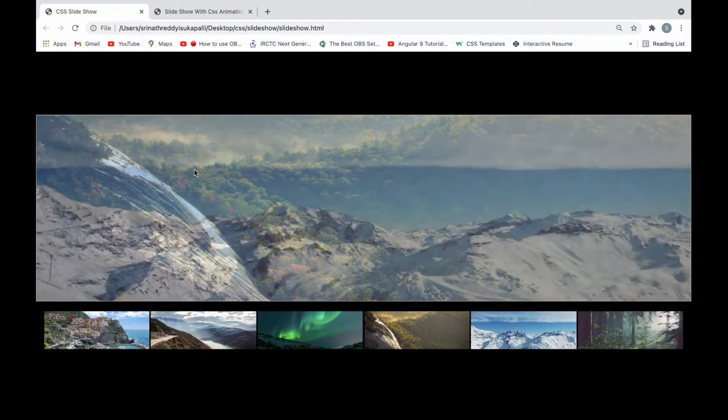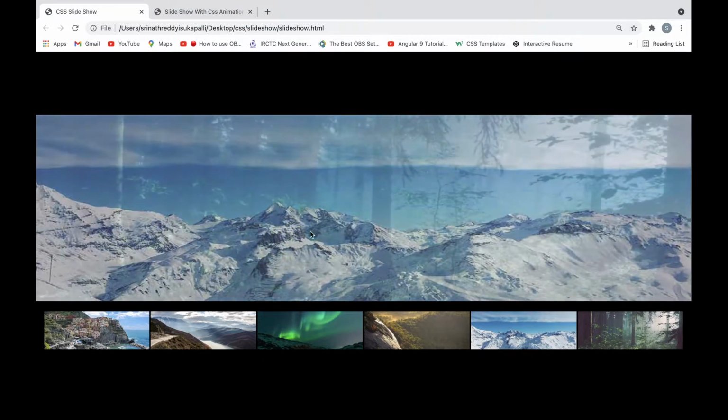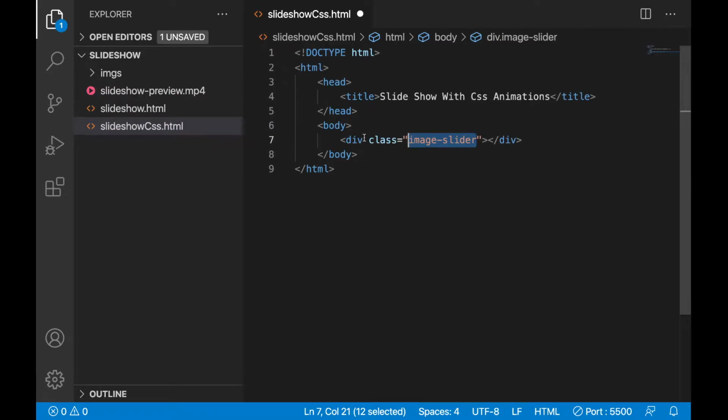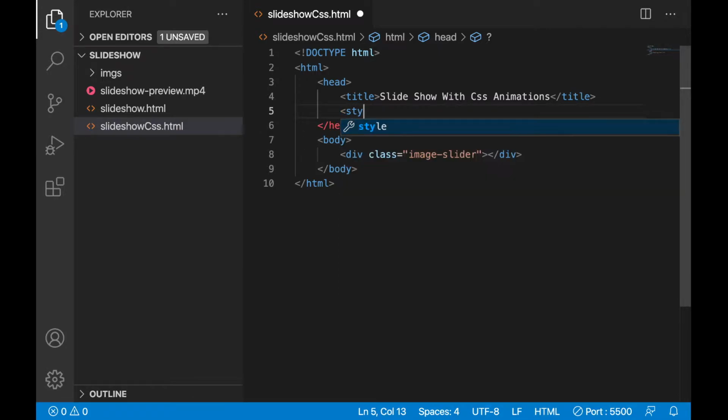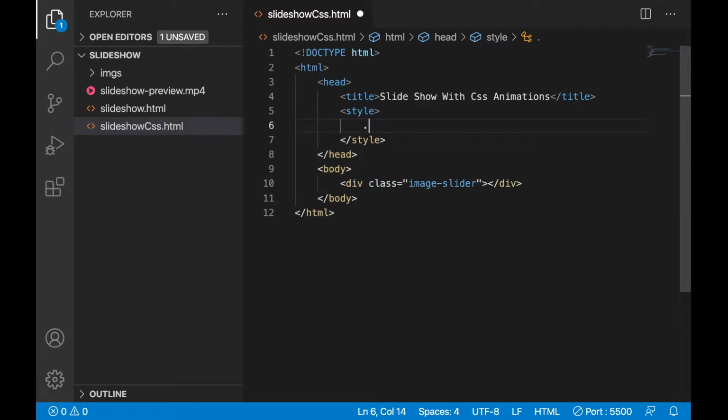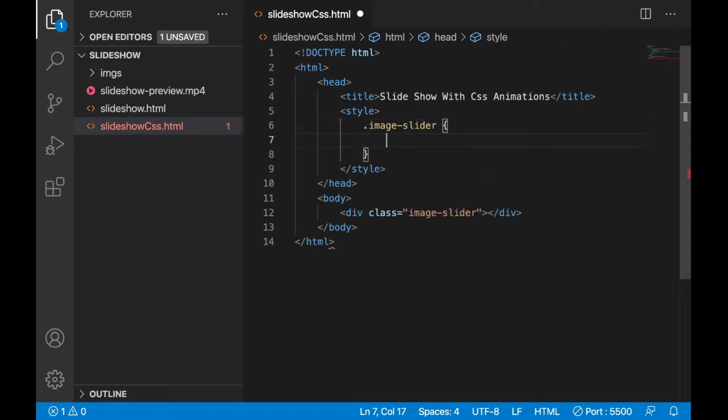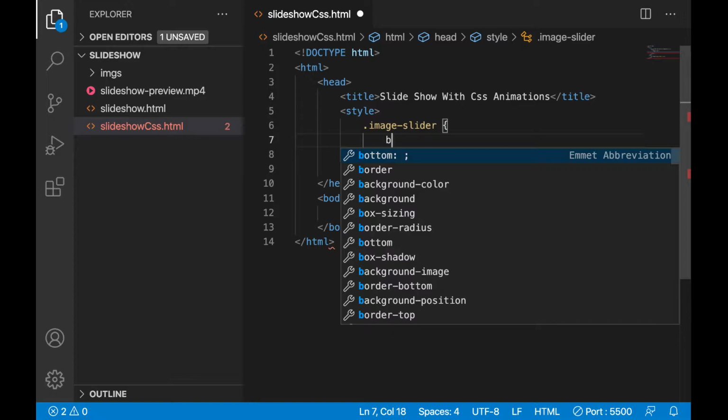I want to put one background image. So I have written one div. For that div, using CSS I will set the background image. CSS we will write inside the style element, and using this class I will find the element and write the background image.